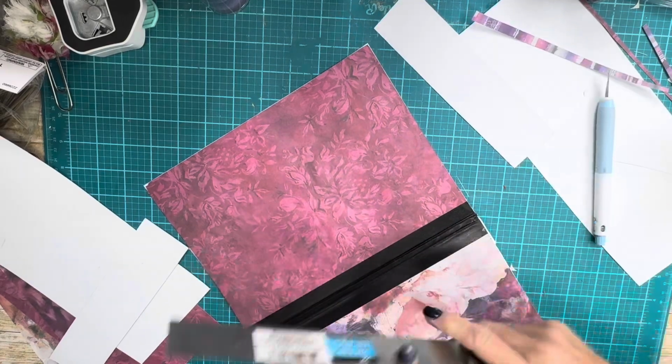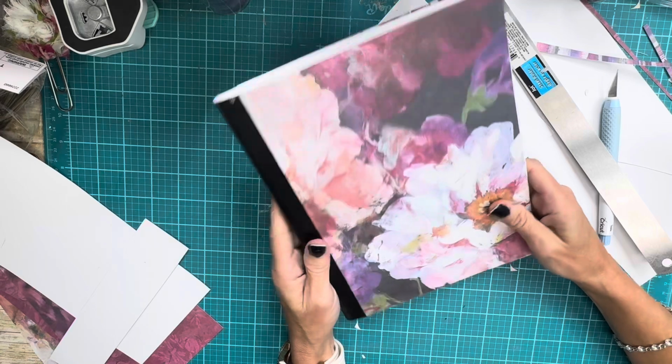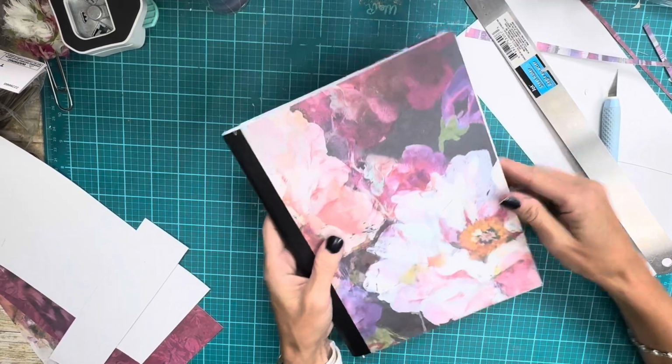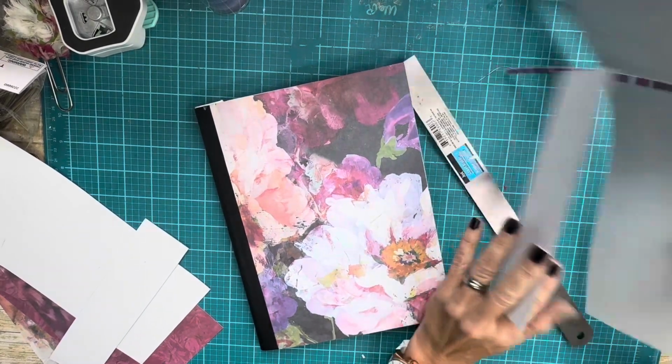Okay, so there's that. Oh, that is so pretty. That is just, I love it. What do you guys think? I don't even know if I want to put anything else on the front of that one either. All right, so